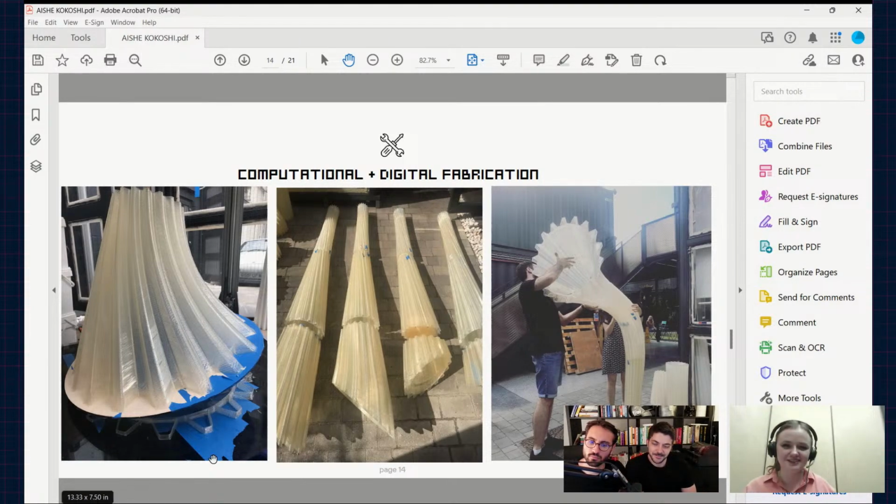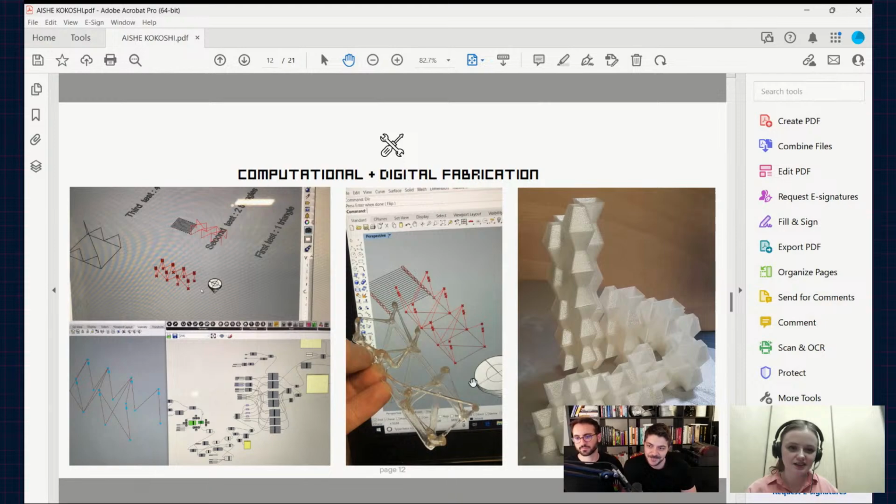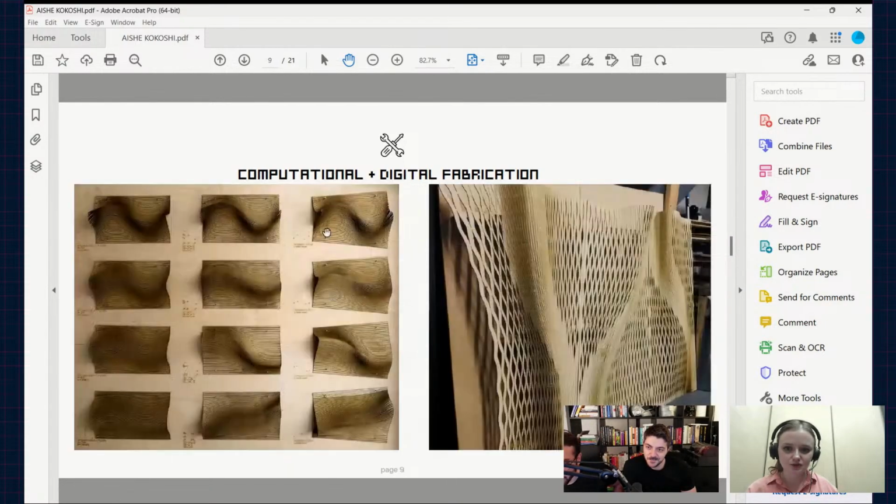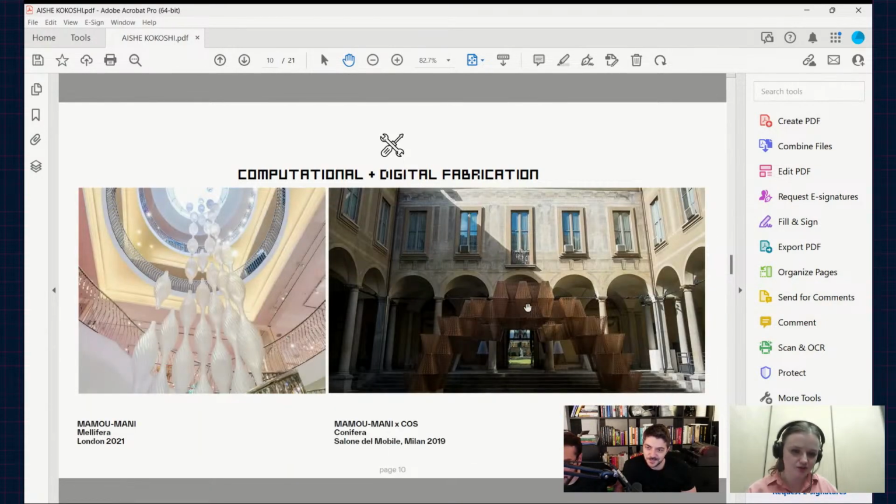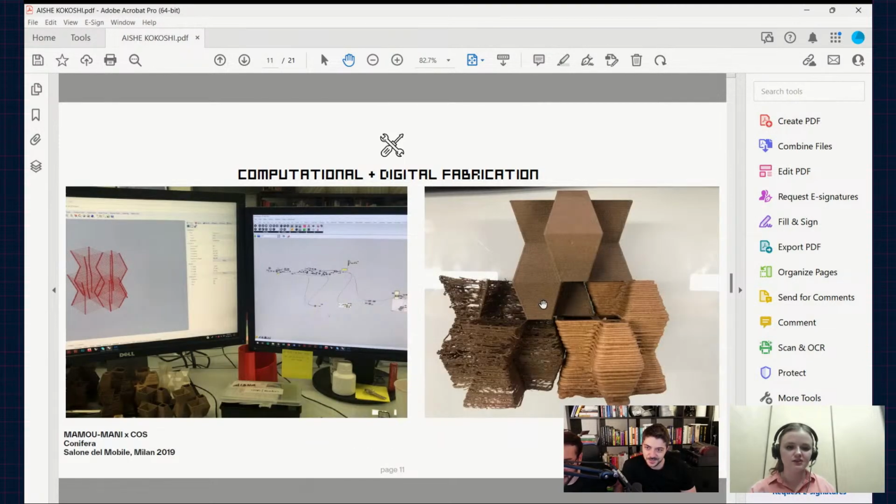Yeah. But this was all the same machine, also for the COS project, reducing the time and also using biomaterial. And this was a test that I made with different printers. This one was printed with the 3 millimeter nozzle, and this one was the WASP 5070. So the nozzle is thinner, so it's cleaner.